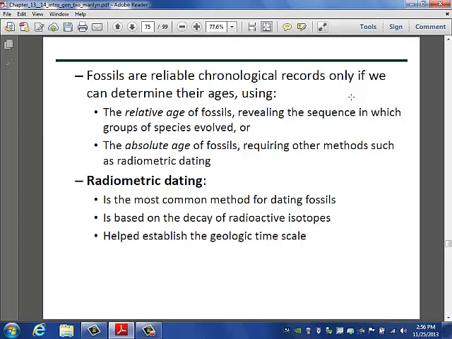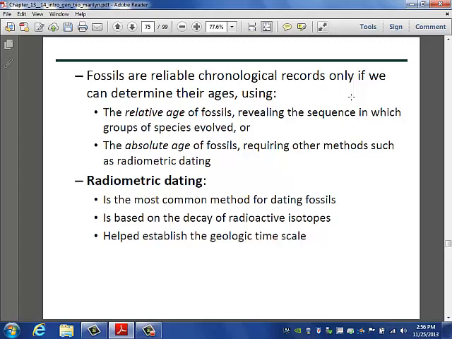Fossils are reliable chronological records only if we can determine their ages. And again, we're not always able to determine their ages. The relative age of a fossil reveals a sequence in which groups or species evolved. But again, there might be missing pages. The absolute age of a fossil requires other methods such as radiometric dating. We can guesstimate the average age of